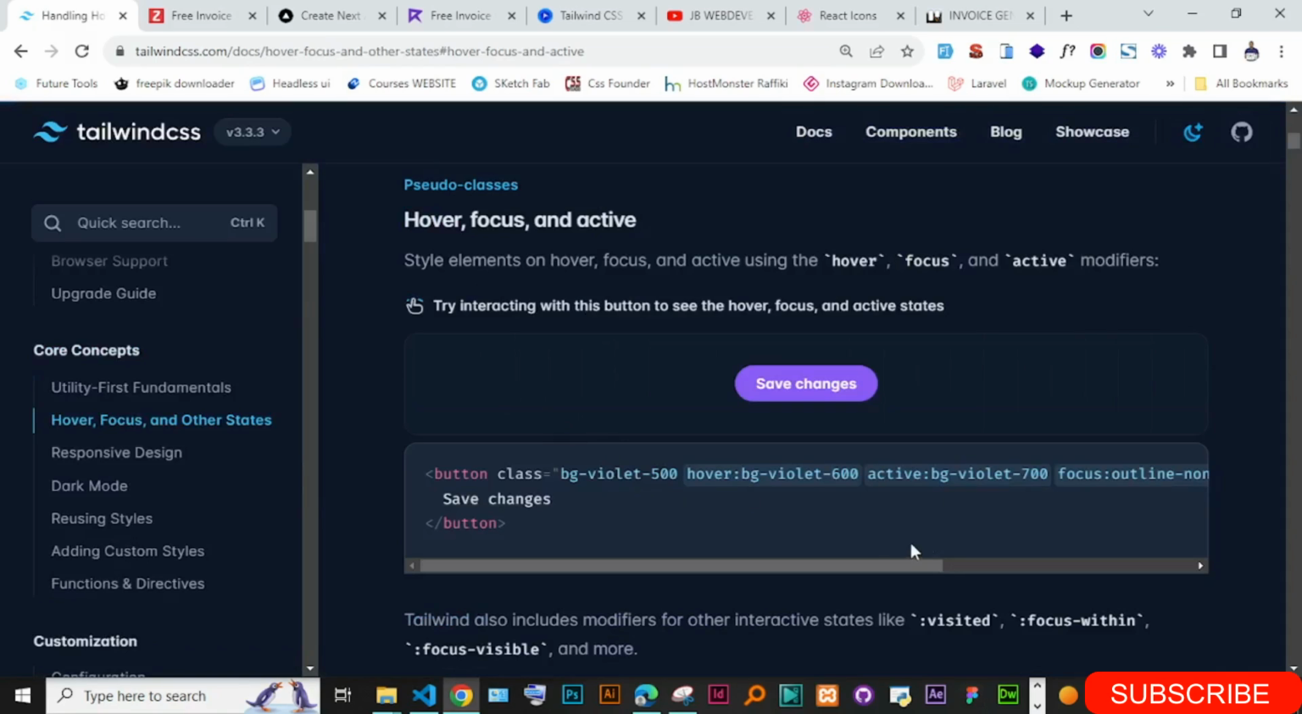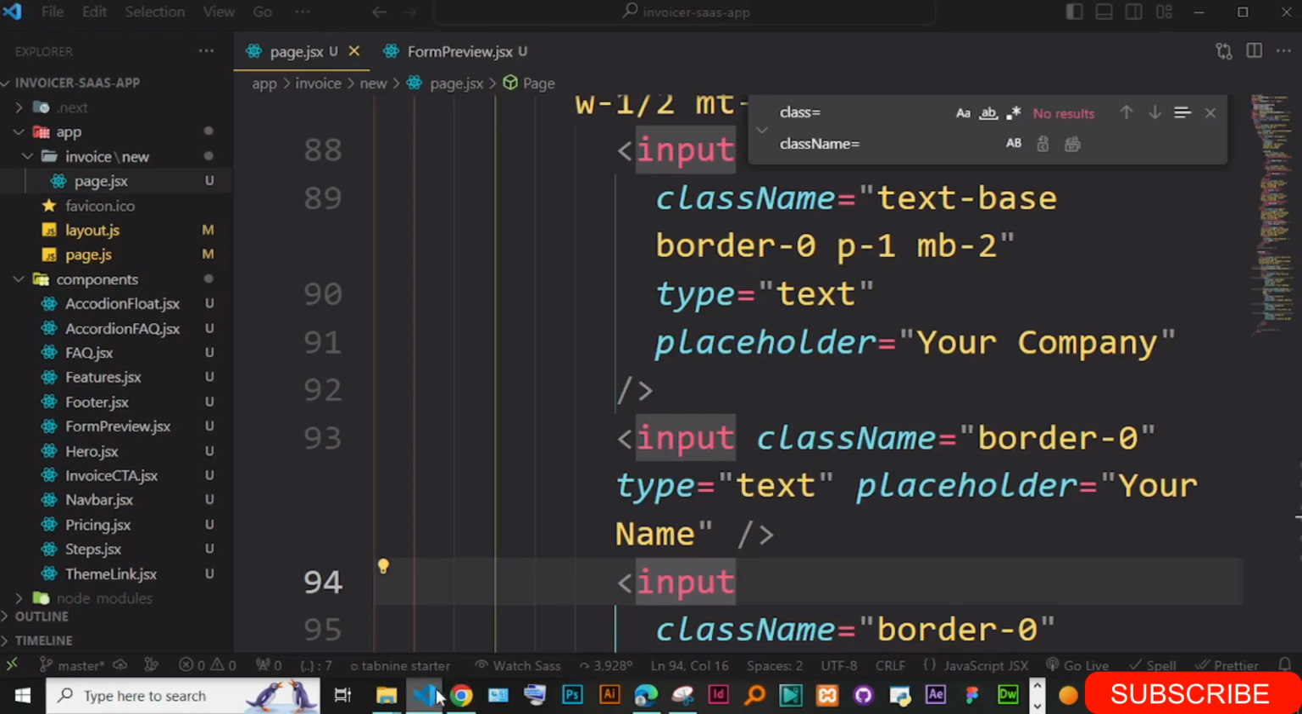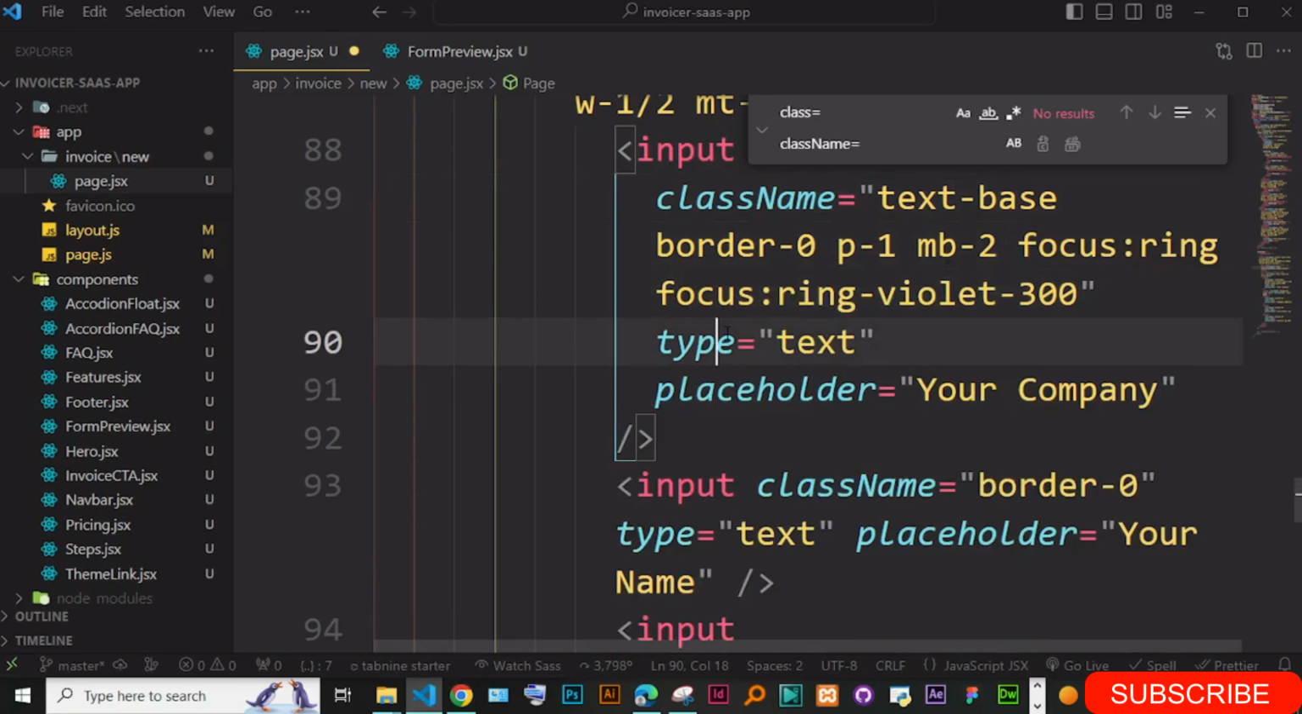So you can just say focus, for instance, outline 9. So you have this, or you can just say focus ring. Then you can also give the ring violet 300. Let's just say this, so that we just see what happens if we give like focus ring. So if you just go on this company and just give this, okay,